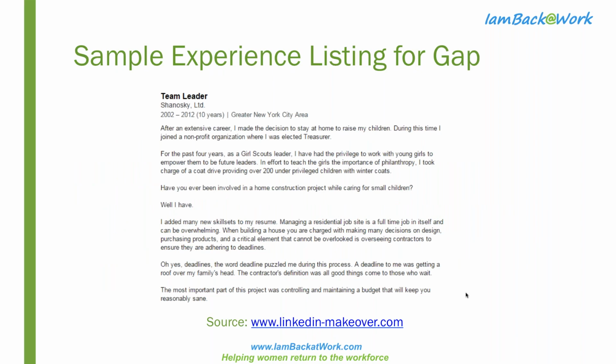And the thing that I love about this is she really showcases her personality. And she shows how she still remained active in her community and building skills. So during this time, she joined a nonprofit where she was elected treasurer. She was a Girl Scouts leader, helping to mentor young girls. She also managed a home construction project, which was able to highlight her budgeting skills, being a project manager, and adhering to deadlines. And then she adds some fun in there too. The most important part of this project was maintaining a budget that will keep you reasonably sane. So lots of different ways